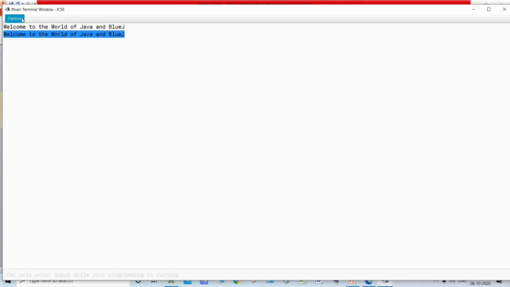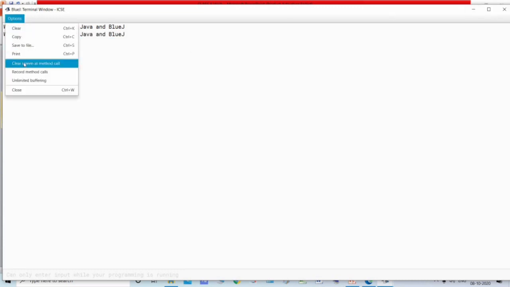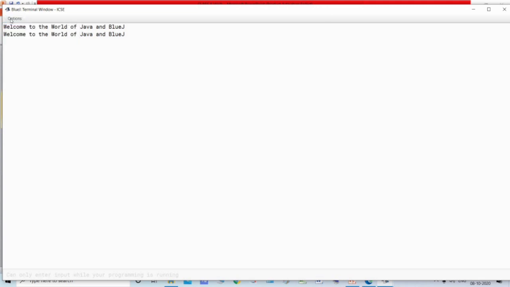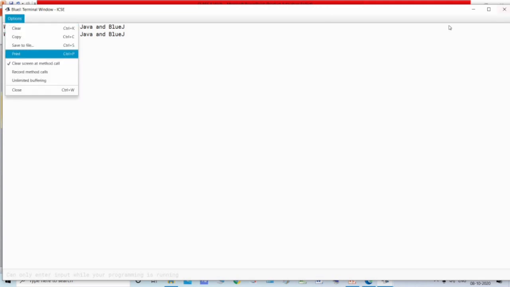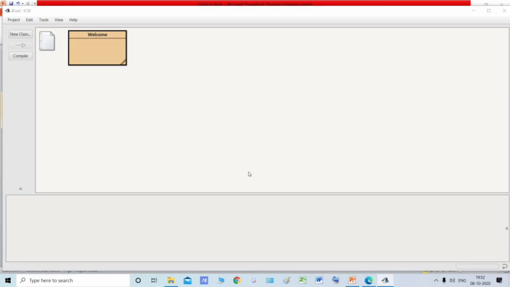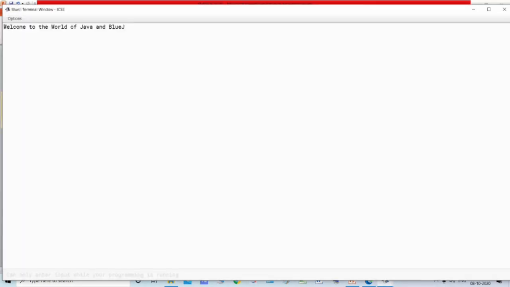The number of times you run, the old outputs are going to be shown, and that is why you need to clear the screen at method call. So this option should be checked. Once I do this and check the output again, see, now only one output comes at a time. So make sure that you do this.